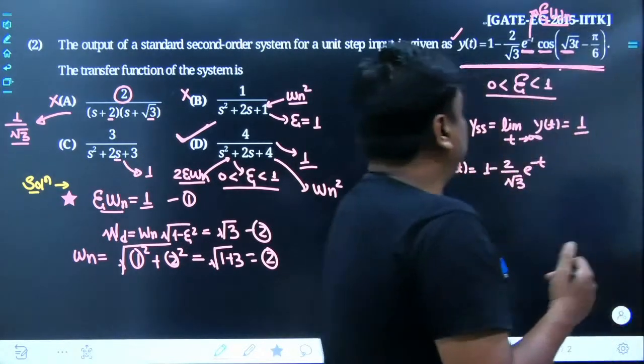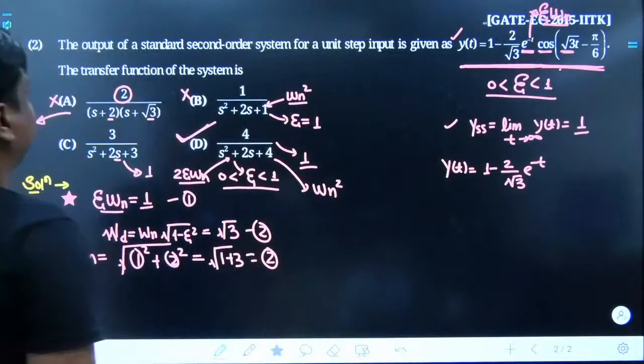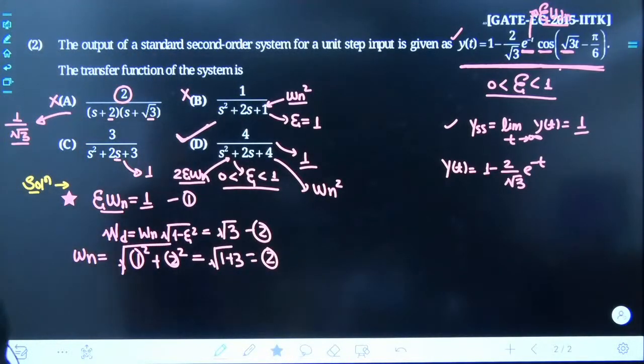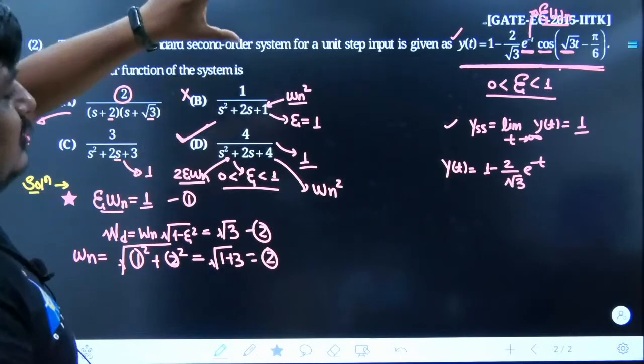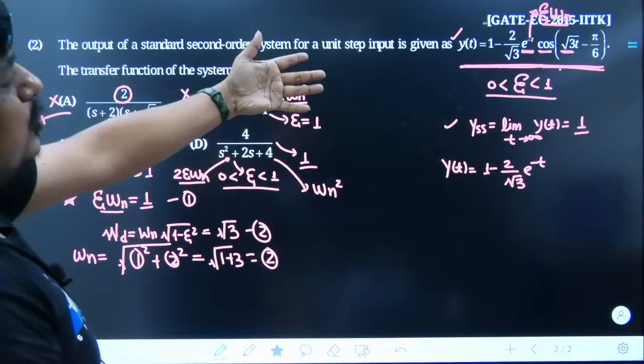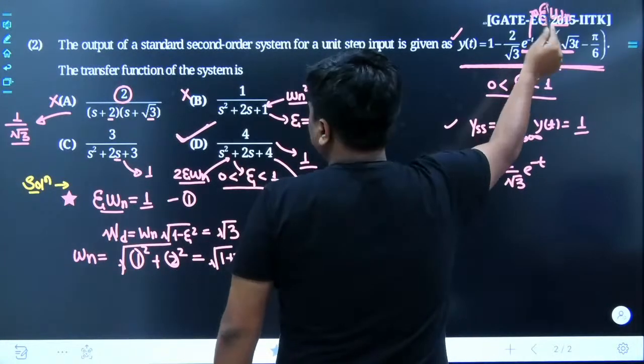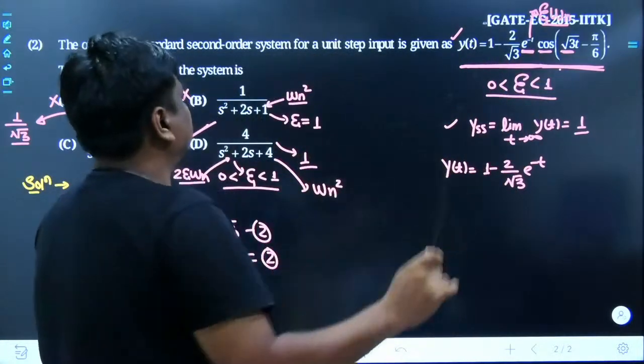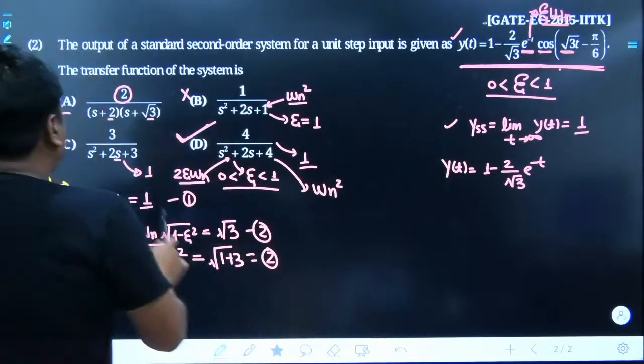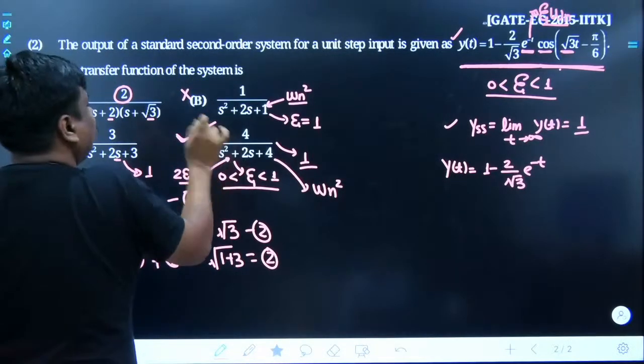Agreed. So this has been the answer as far as this problem is concerned. The answer is D. What I am saying is, if you would judge the problem from there also, you would be able to get the same answer. The zeta omega n was known to me, and that was 1. So 2 times zeta omega n has to be 2. So it is 2 here, it is 2 here, it is 2 here.